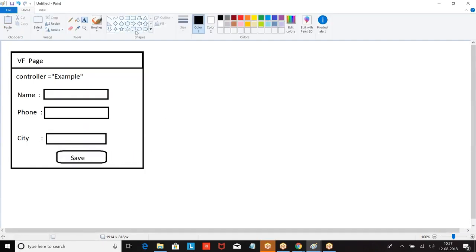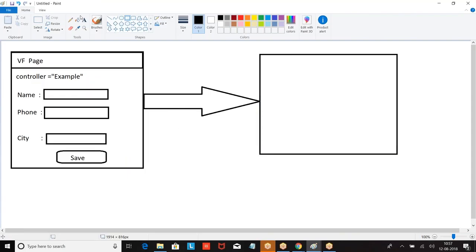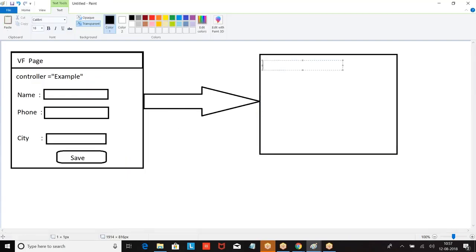the moment you click on the save, what is happening? The request is going to the Apex class. In the Apex class, we are making a DML operation. So VF is calling the Apex class, where we are making a DML operation of insert acc. So from the client side, I entered the data.